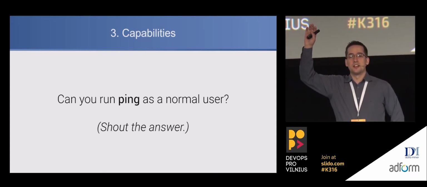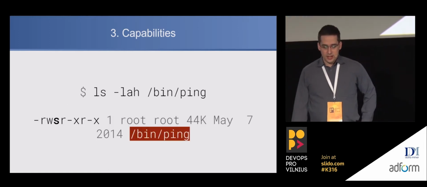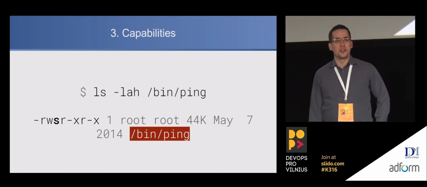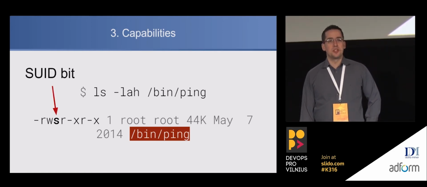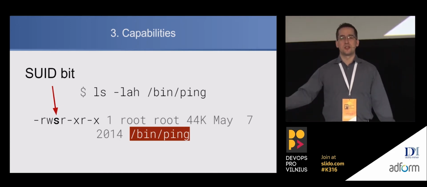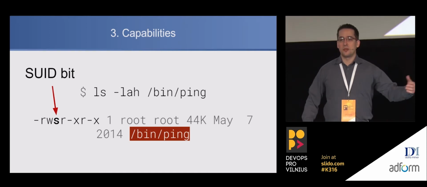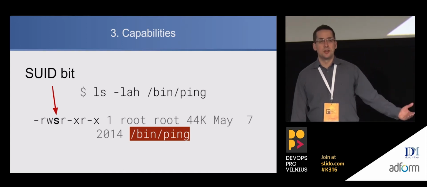Actually, you're both right. You know why? Because if you look at the ping binary, it looks like this, and it's even red in your console if you have console colors turned on. And the trick is the suid bit. The suid bit means that it runs as the user who owns the file, not the user who is running it. In this case, the ping process on Ubuntu, at least, is always running as root,